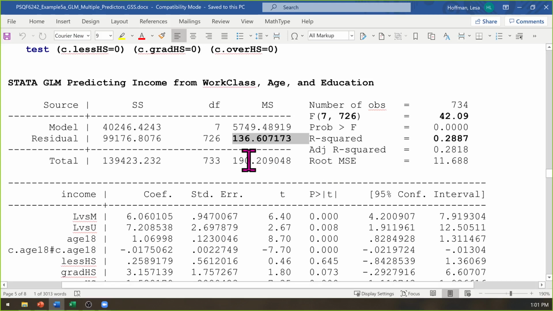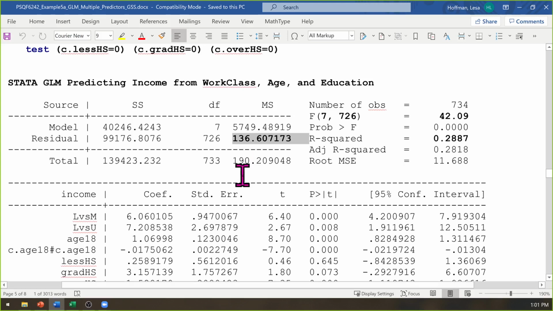So is that a lot? Is 136 good? The correct answer is, I don't know. All I know is that this is relative to how much variance there was in income in the first place, right? Because this is left over. So I need to know how much variance there was in income in the first place.